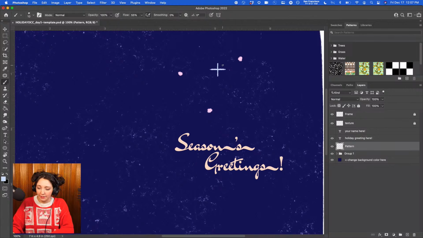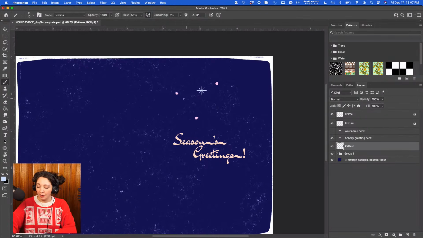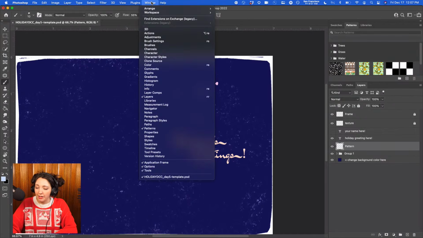I can click between 2 points to make a straight line. And there we go. So this is the start of our pattern. This is pretty much all we need. So let's go ahead and go to our pattern preview and see how we can fill this out a little bit better. You're gonna go up to,